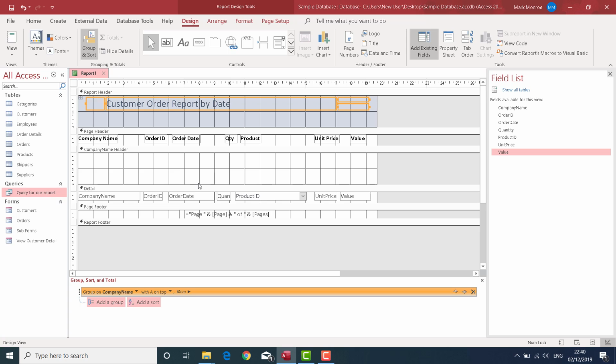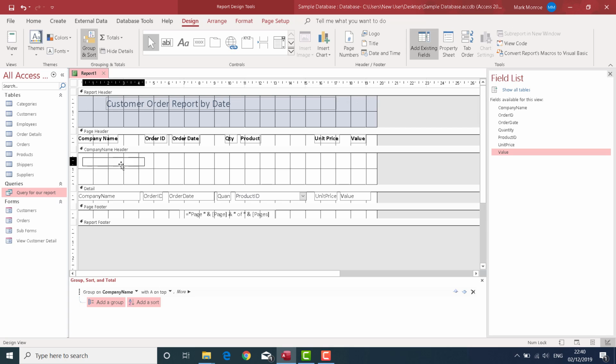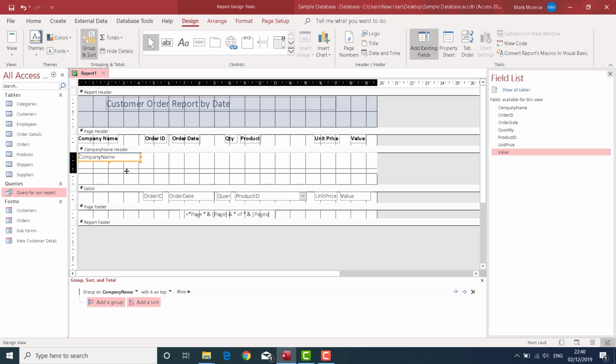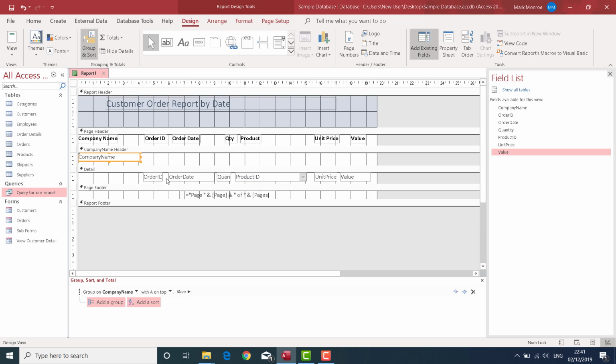and that's it. Now one other thing we do like to do here is in this section here, the company name header. At the moment the company name field is here in the details section. Remember, anything placed in the details section gets repeated per record. We don't want the company name repeated multiple times. So we can move this into the company name header area, close up the gap,